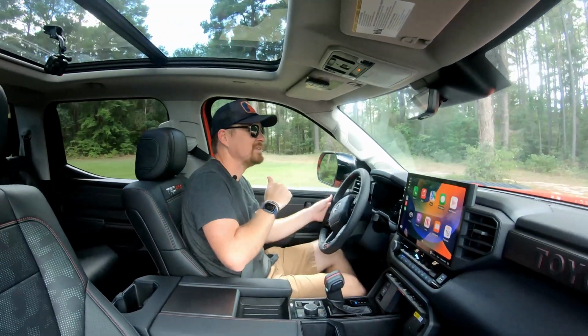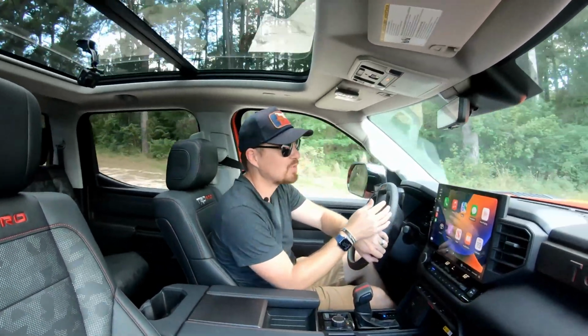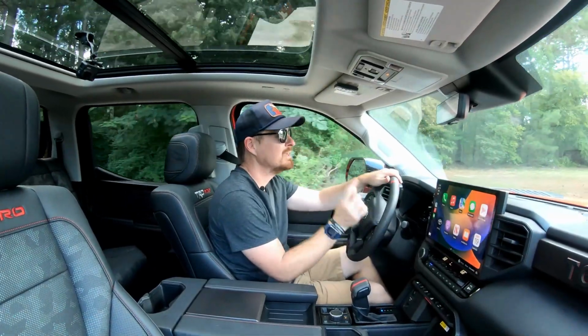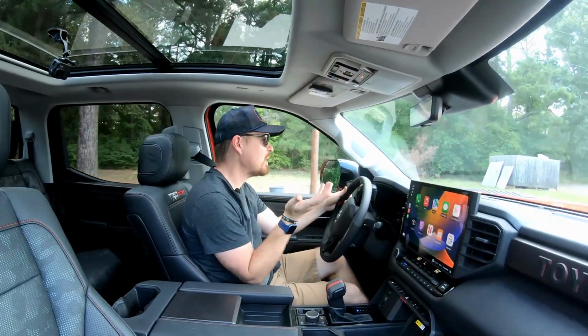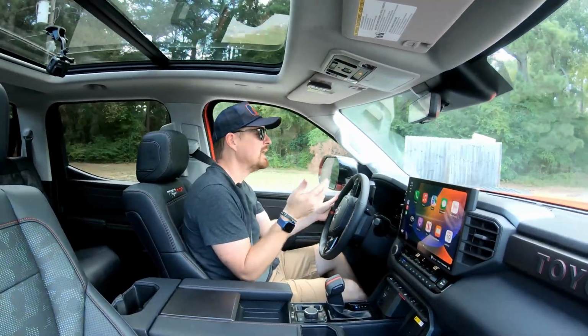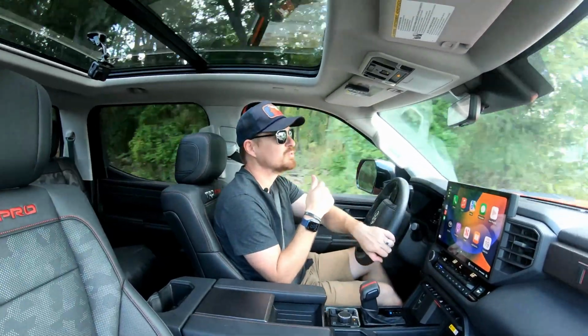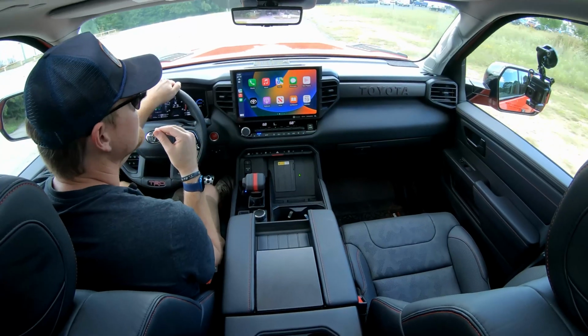When you actually start this up, you don't necessarily always hear the engine roar to life because it can start up in full hybrid mode. In fact, even driving around town or through perhaps, I don't know, a drive-through, you can creep at low speeds without that 3.5 liter twin turbo V6 ever even coming on. But when it does,